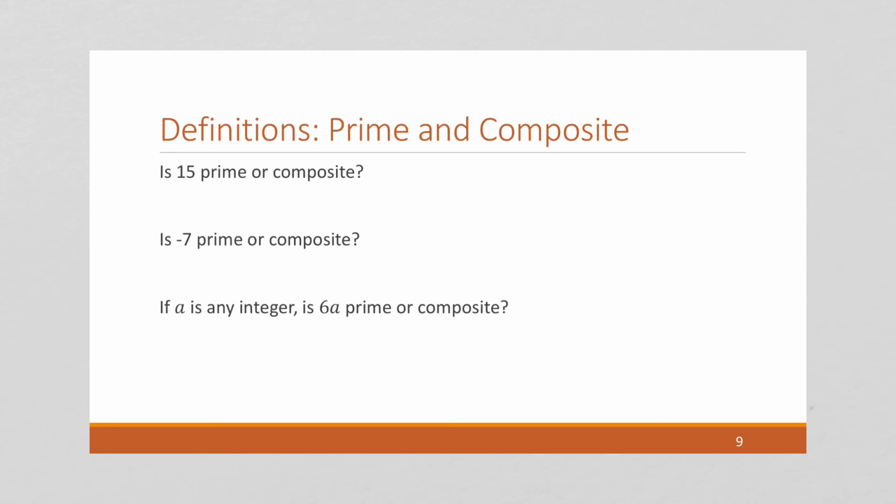Is 15 prime or composite? 15 is composite. Why? Because 15 is equal to 3 times 5, which is one pair. It also is equal to 1 times 15. But the fact that it's equal to 3 times 5, and 3 is greater than 1 and less than 15, and so is 5, and 3 and 5 are both integers, means we know that 15 is composite,